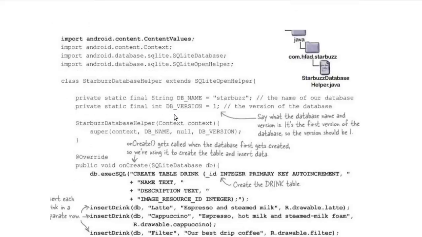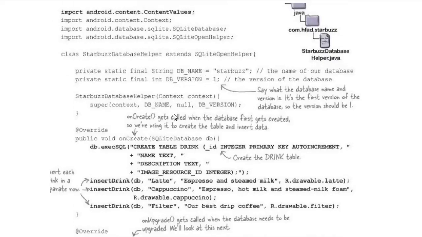Now let's look at the whole code. We have already discussed there is a class StarbuzzDatabaseHelper which extends SQLiteOpenHelper. Then we have the database name and database version. We pass the database name and the database version to the superclass, which means we pass them to the SQLiteOpenHelper class.